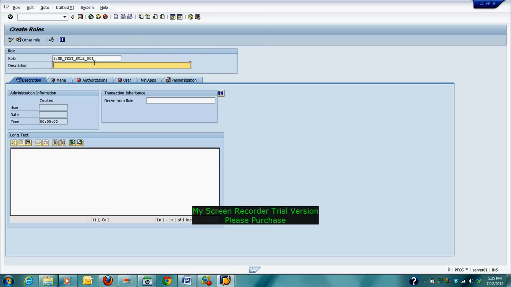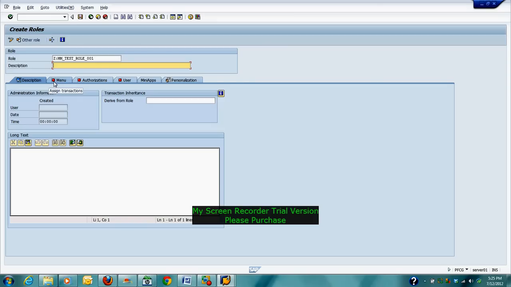Over here we are just going to assign the transactions. You see all these three tabs, Menu, Authorizations, and User, have a red light, a red circle. Your goal is to change these lights into green.